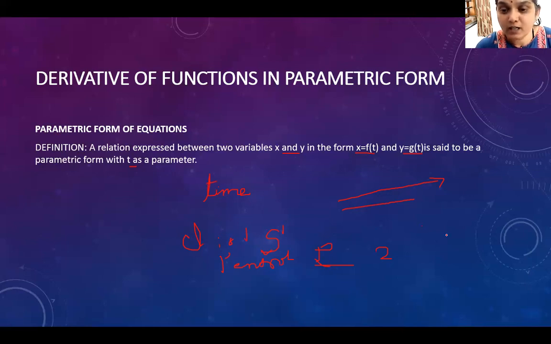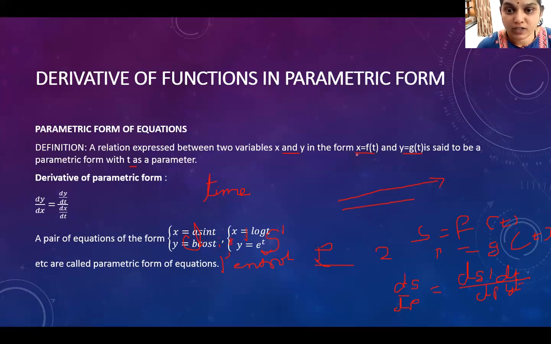So suppose I say the distance is a function of time and petrol consumption is also a function of time, maybe in different form. Suppose S is in the form of t square, then p will be in the form of sin t cos t, like that. Both are not one and the same. Now suppose you want ds upon dp, that is the distance traveled per liter, at that time you will write it as ds upon dt divided by dp upon dt. This is the derivative of parametric form of equations.